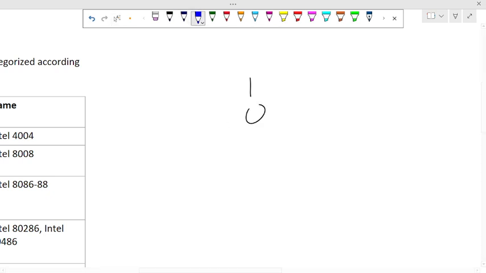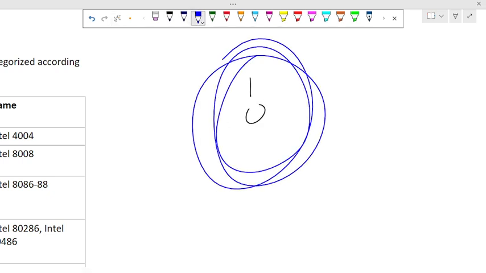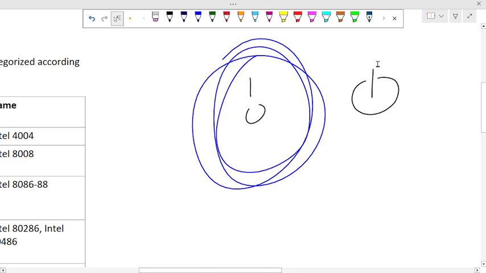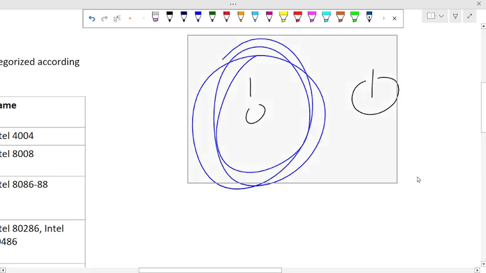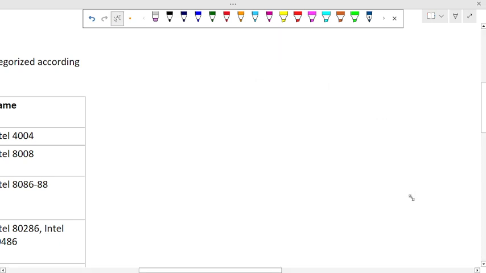These together make 1 bit. Remember this 1 0 1 0. This is 1 bit. Now let's take that out. Are we together? That's 1 bit. And the thing is this: